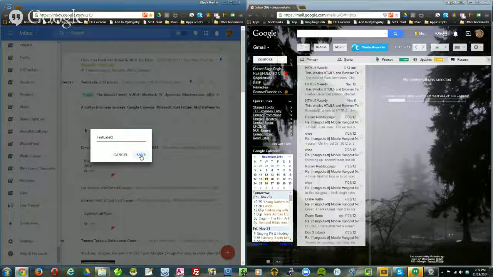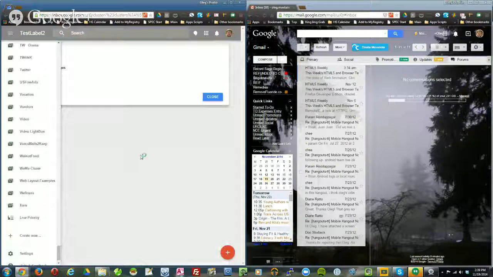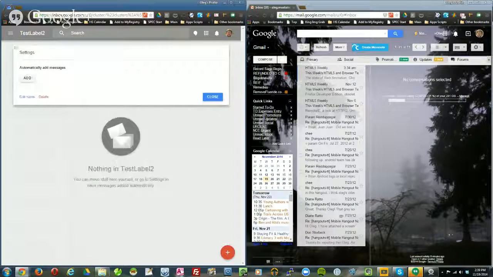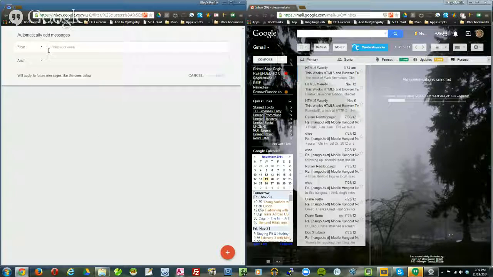But anyway, you put in the name, it comes up with this thing, and then if you look at the interface, it says, what do you want to do with this particular folder? And it says automatically add messages. And so you can click on add, and it says, give me the criteria. What kind of messages do you want to add? So I can put in anything that comes from